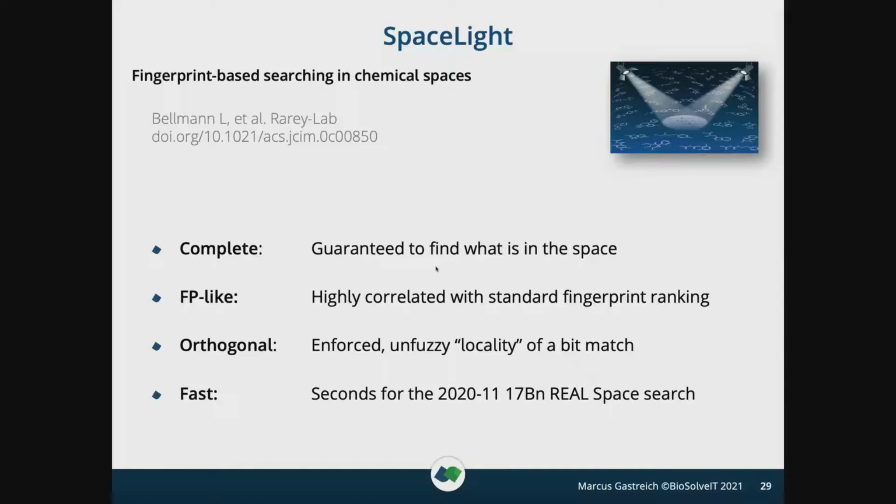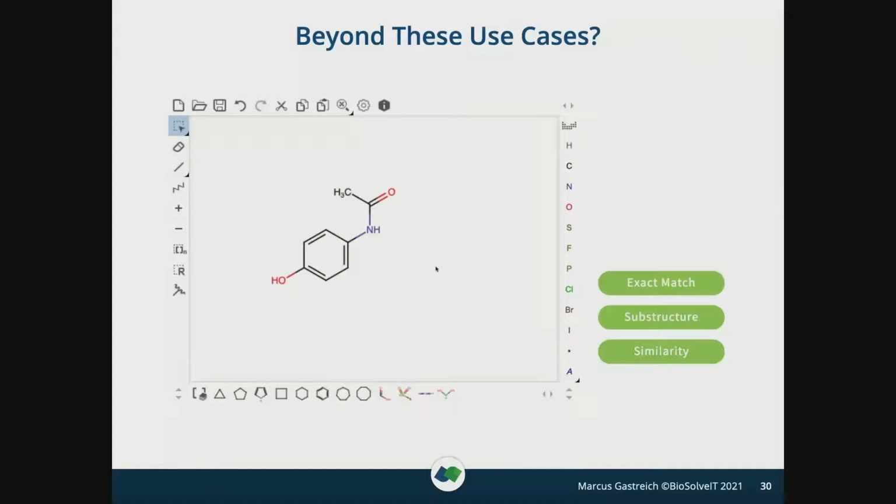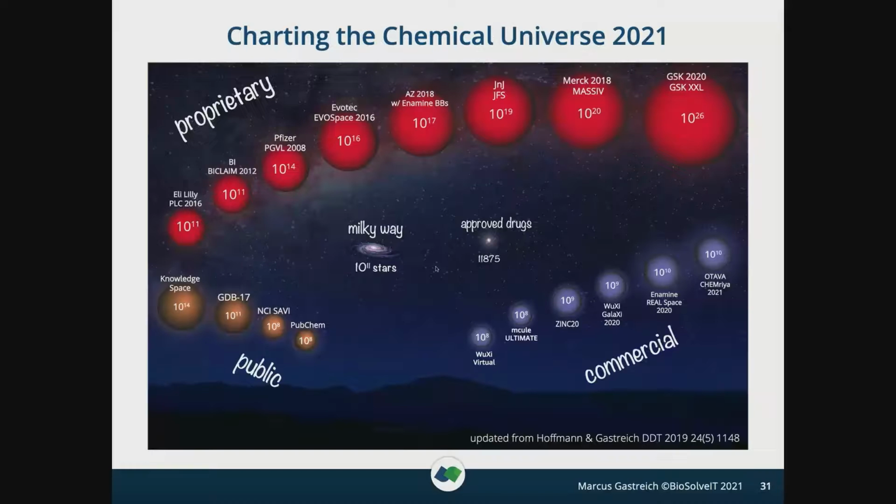It's certainly fast. It runs in seconds for the 17 billion REAL Space that has been published in November 2020. So within seconds, really, you get an answer for the molecules that are fingerprint similar to your query. But beyond these use cases, are all our questions answered then, and are we happy? Well, not quite. It is also the chemical space side itself that is important, and I